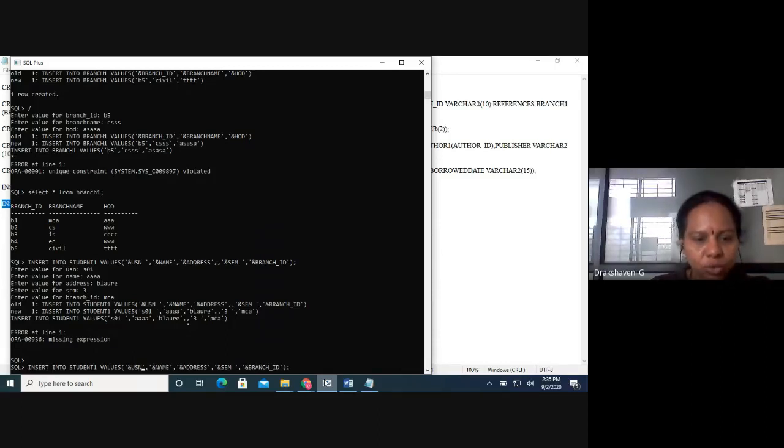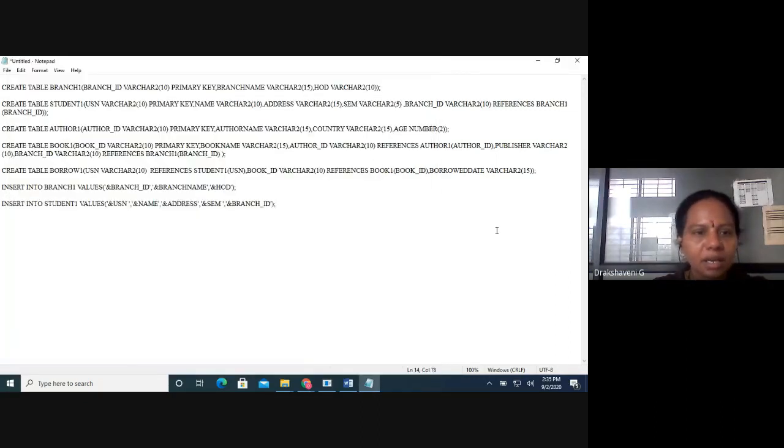So ampersand USN, see what is the problem will be there when you are entering here is, so you can see after branch ID there is no space, after branch name there is no space, after HOD there was no space. Here in your USN there is a space. Now when you are entering it will be okay, but when you are executing queries it will be problem. So always you take care there should not be any space before and after your column names.